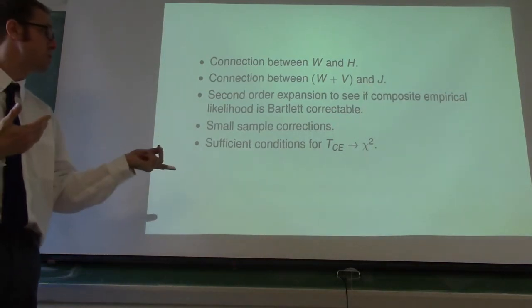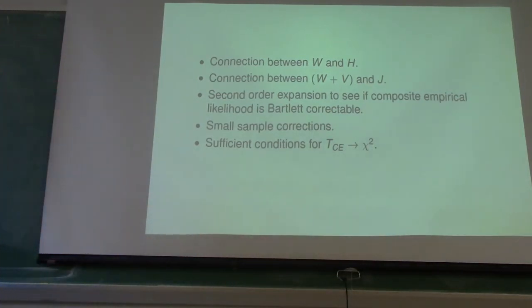So it might just be changing the test statistics. Sometimes you can do little adjustments on things. And like I said, the big never-ending question is what are the sufficient conditions for, yes? Yeah, item 2 is actually more challenging. When you talk about J2, you have a W plus V. As we mentioned earlier, you have the distribution, you use W inverse times the W plus V times W